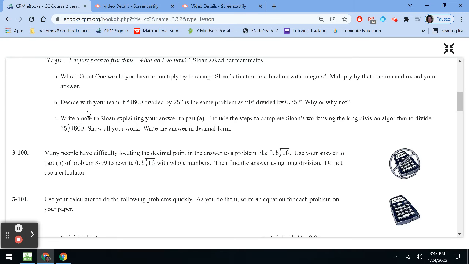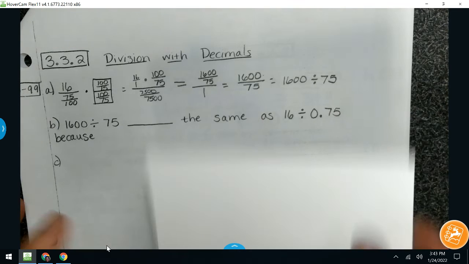So problem B of this problem says, decide with your team if 1600 divided by 75 is the same problem as 16 divided by 0.75. Why or why not? So what I'm going to do for this problem, just because normally I was doing this in class over on the sideboard, is I'm just going to bring over